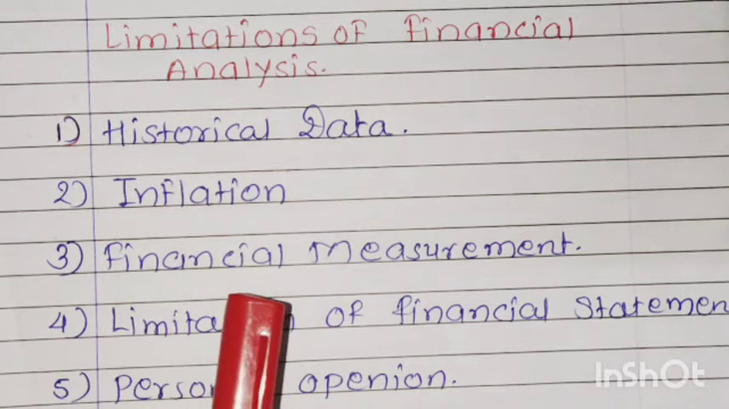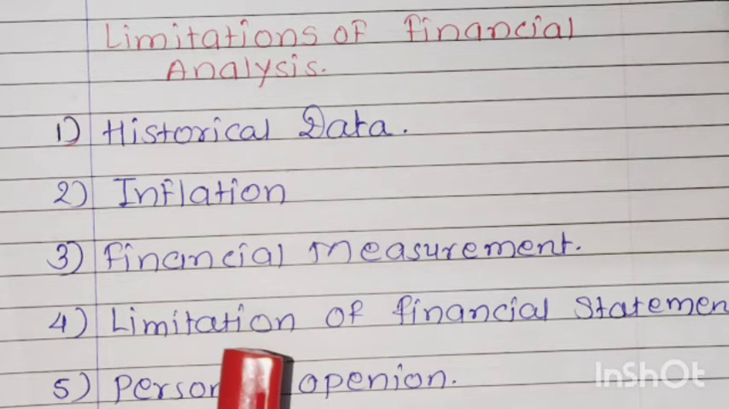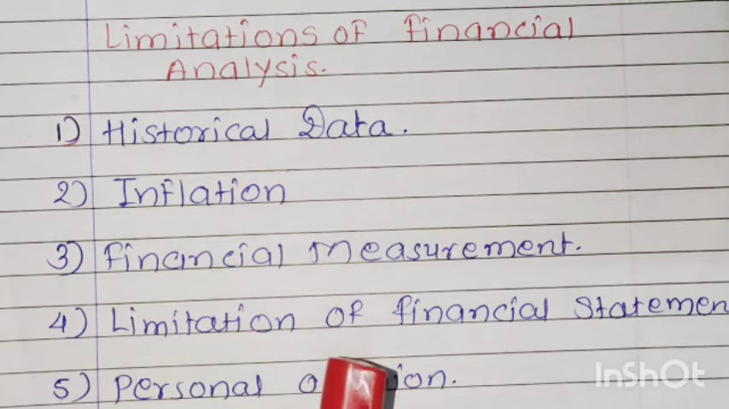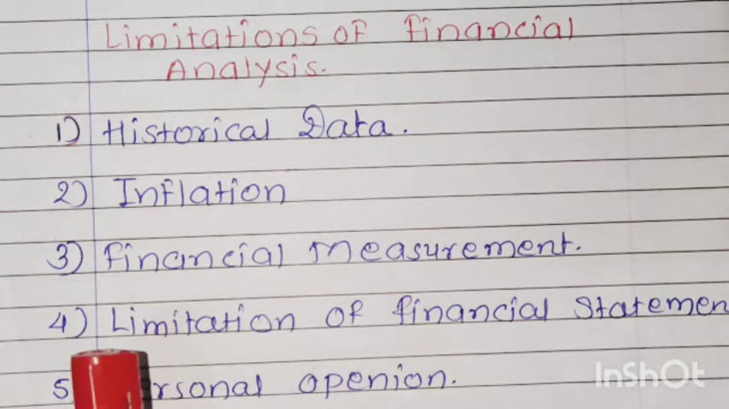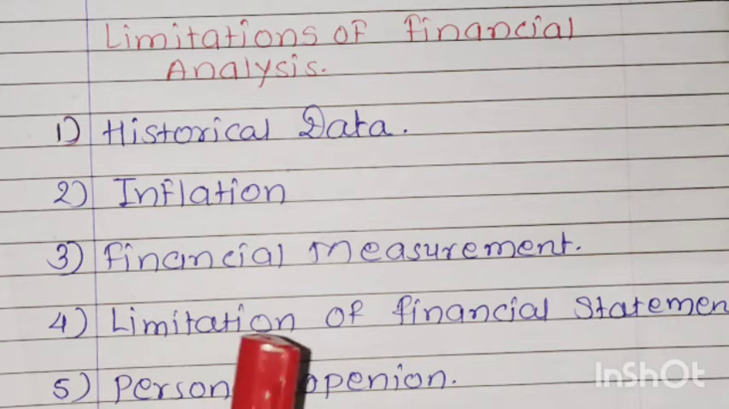Next, financial measurement. The financial statements consider only the monetary aspects which can be measured. These statements ignore the qualitative aspects such as efficiency of directors, expertise, honesty, etc. Understand? Next is